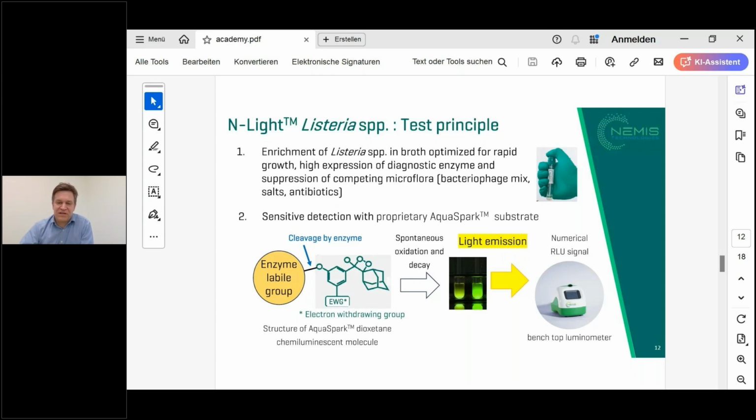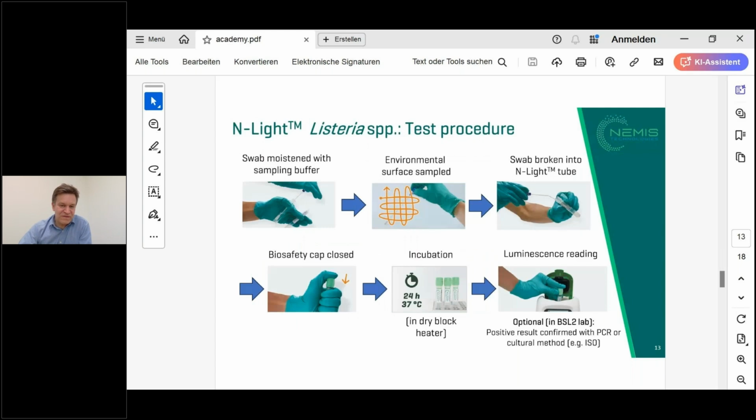So the principal procedure looks as follows. The swab, which we also supply, is moistened in sampling buffer. Then the environment of the factory is sampled. The swab is broken into the tube. Then the biosafety cap is closed so that you cannot open it anymore, and no enrichment broth can come out of it. And then the tube is incubated 24 hours at 37 degrees in a dry block heater,